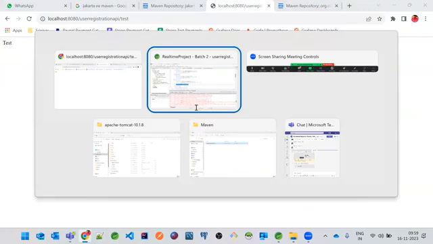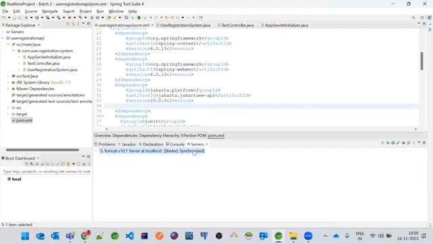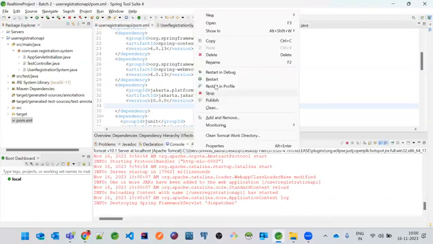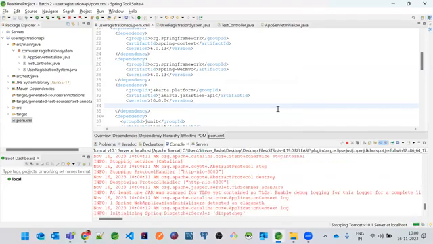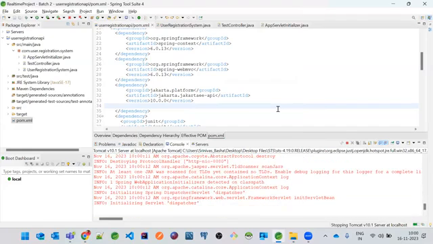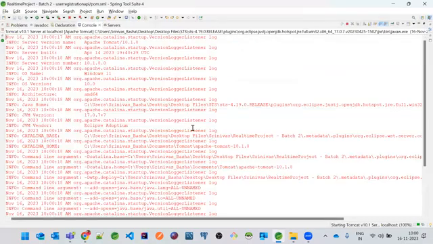So let me tell you one more thing. If this is commented, let's remove this first of all and restart our application. Okay, we see the errors because some of the classes were not there.